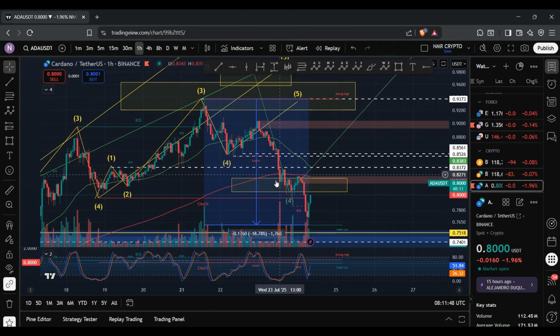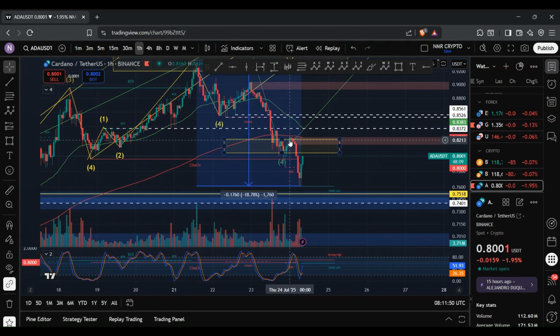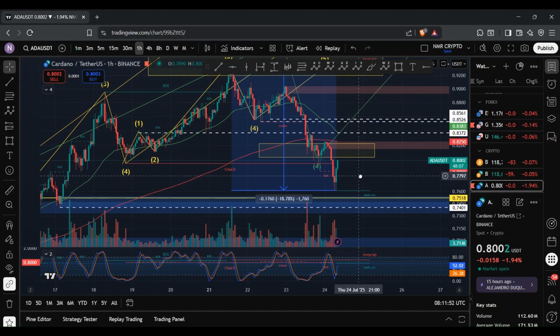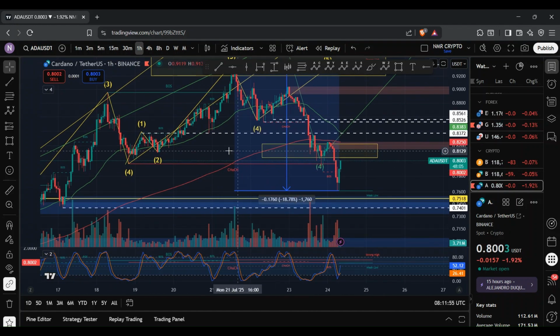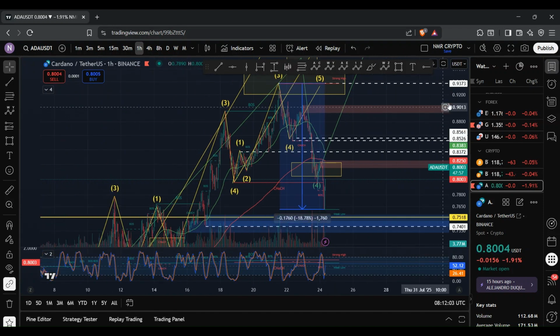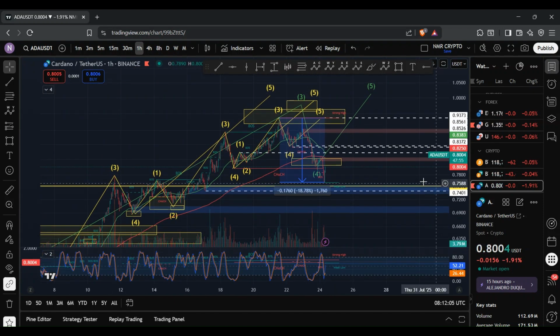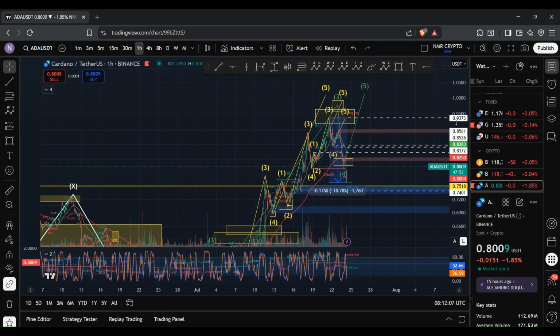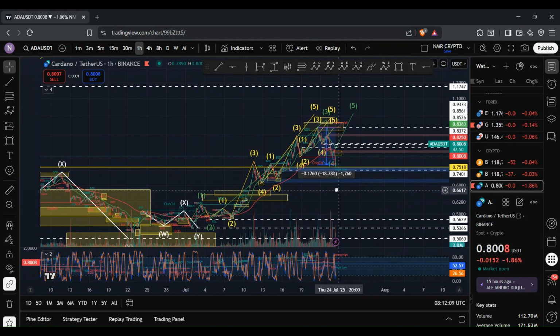And as you can see, we ended up tapping into that region whilst at the same time seeing that deeper move to the downside. And that then triggered a change of character on smart money concept, given the fact that we ended up reaching past the swing low, which then further confirmed that we were on a bearish trend. And this past week, I talked about how I've been tracking a 5-hour structure, which is highlighted in green.